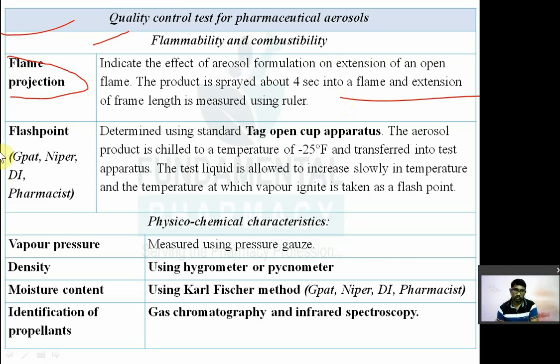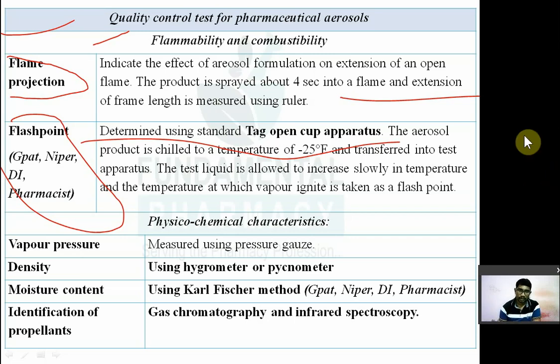Now flash point, इसके ऊपर भी 2-3 बार क्वेश्चन है. Determination of flash point is done by tag open cup apparatus. लिख लो, determination of flash point in case of aerosol is done by tag open cup apparatus. The aerosol product is cooled or chilled at temperature minus 25 Fahrenheit, then transferred into test apparatus. Test liquid is allowed to increase slowly. In that apparatus, temperature is allowed to increase slowly, and at the temperature at which vapor will ignite is taken